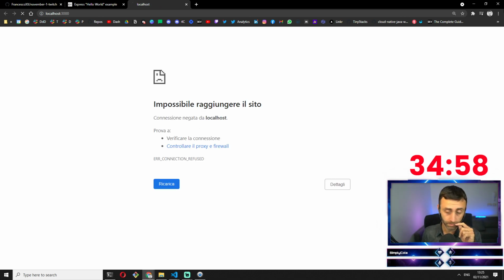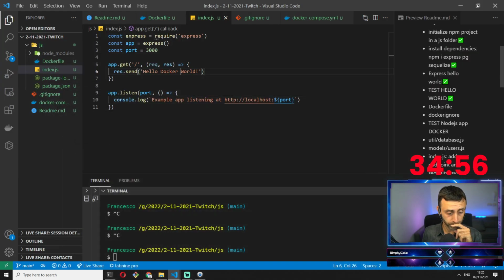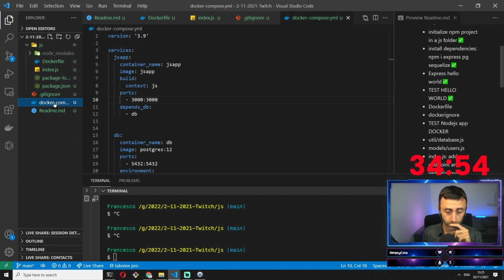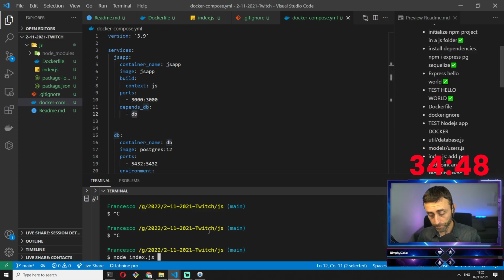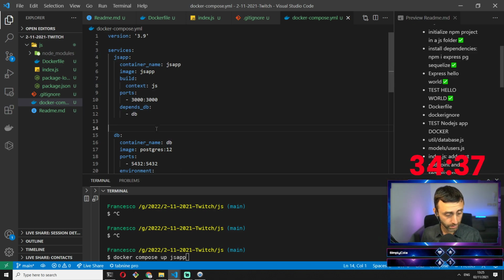Depends on, yes. It says it should depend on this service. You should run before this and then you run this one. Okay, and now docker-compose app.js line 1 depends on the